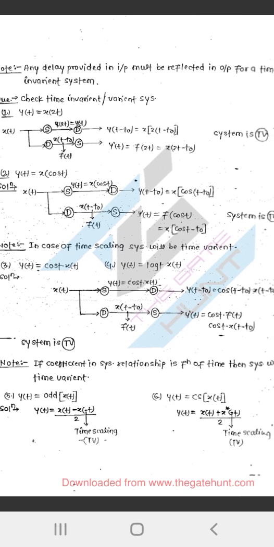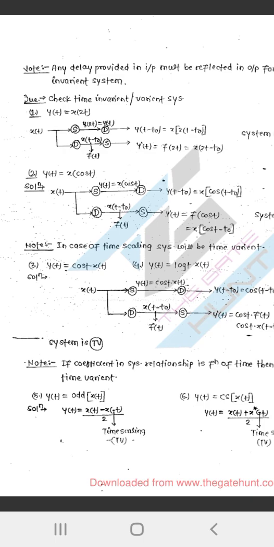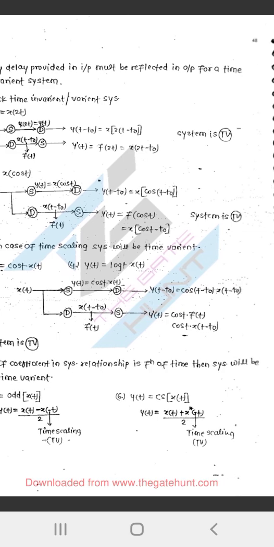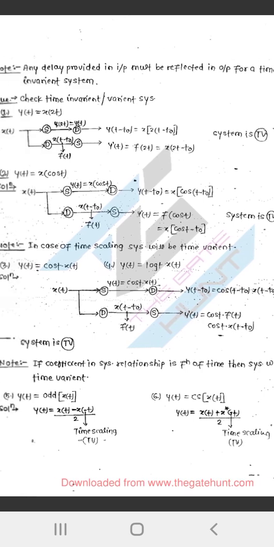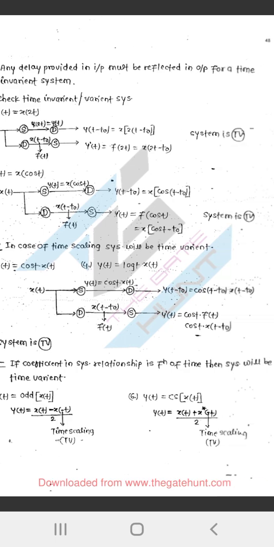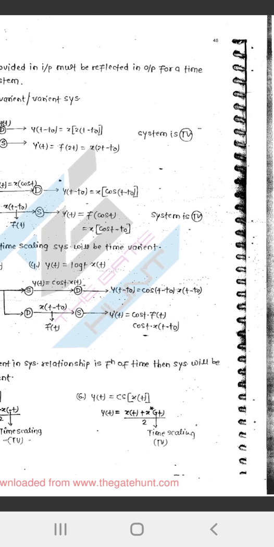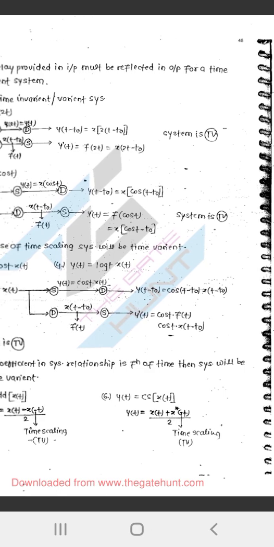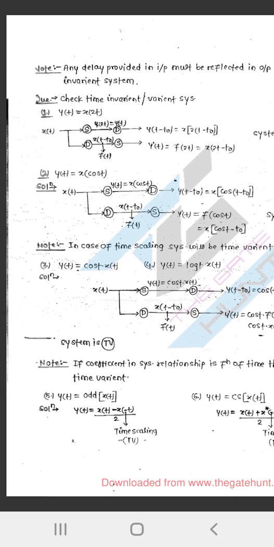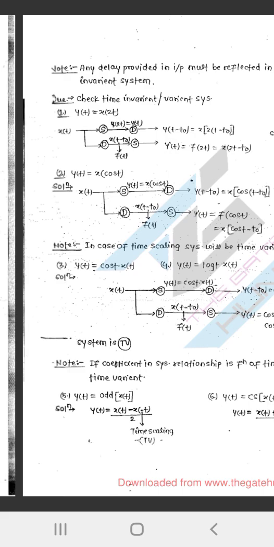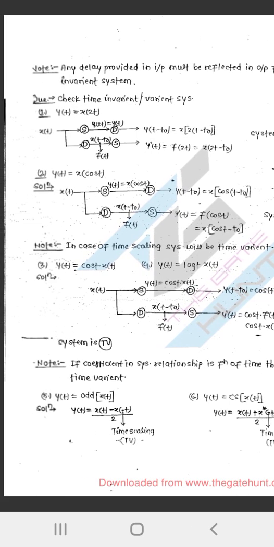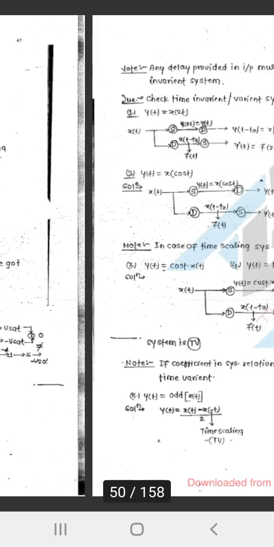y(2t) is equal to y(2t) for x(t minus t0), then f(2t) x(2t) is equal to 0, then output is cos(t minus t0) if cos of t is cos of t t0. In case of time scaling, the system will be variant. यह सिस्टम वेरिएंट है।